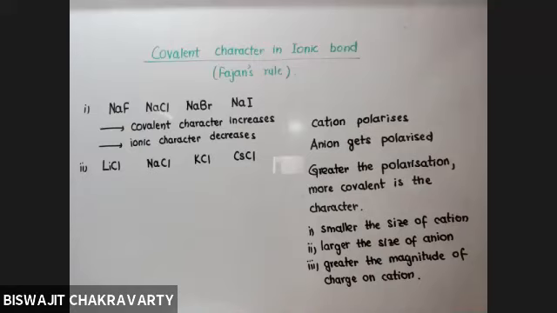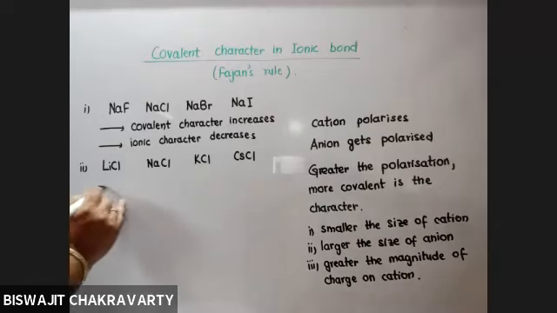Sir, lithium chloride. Very good. Why do you say so? Sir, because its electron count is the smallest. Yes, because lithium cation is smallest. And according to Fajans rule number 1, smaller the size of the cation, more polarizing it is. That means greater is the polarization of electron cloud going on, and more is the covalent character. So accordingly, lithium chloride is most covalent.